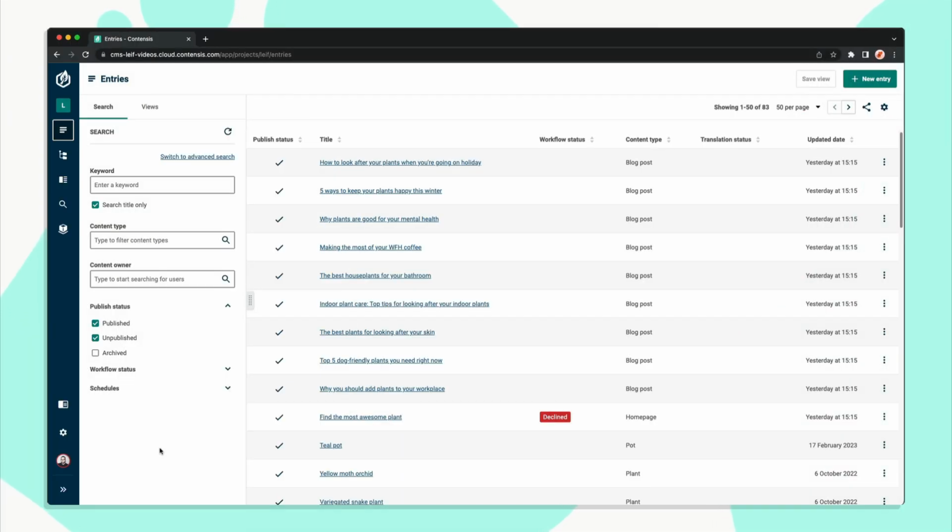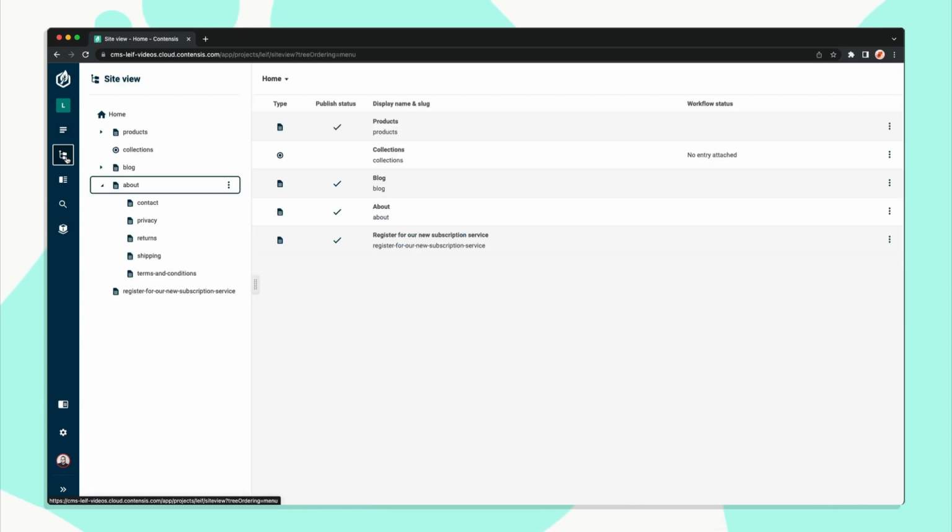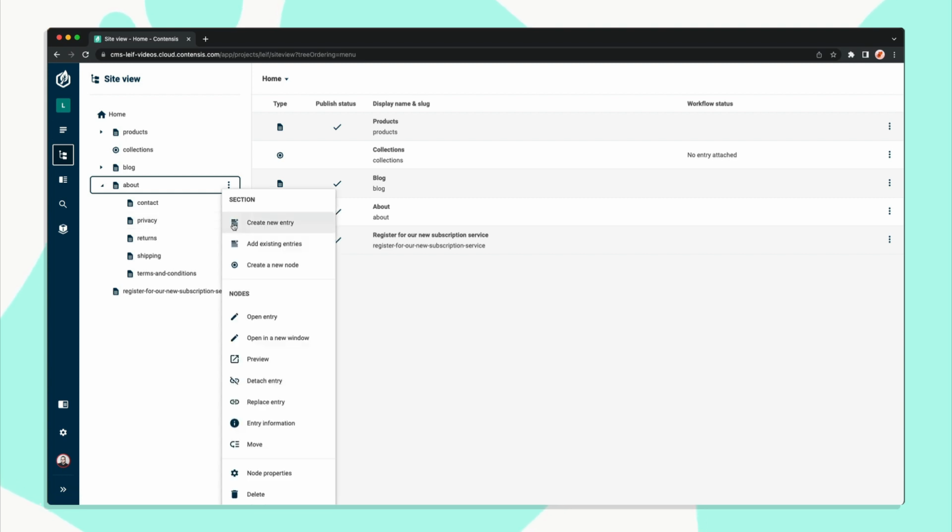If you no longer wish for a piece of content to exist on a certain URL, you can detach the entry from the Site View node. To do this, head to Site View and use the tree to navigate to the node that you want to detach your entry from. By right-clicking or choosing the three dots, you can open the context menu and choose Detach